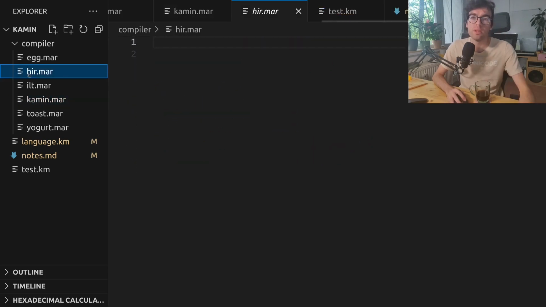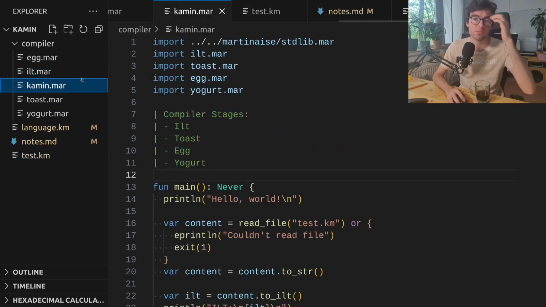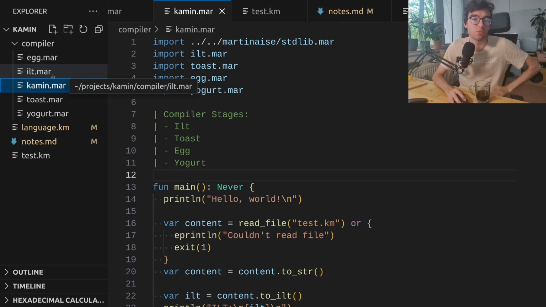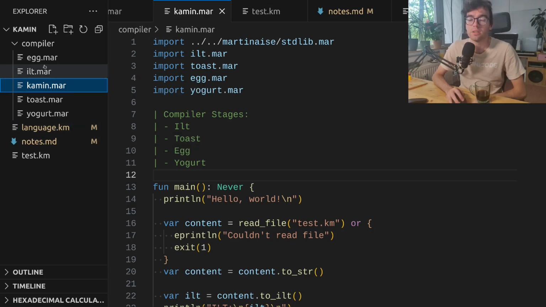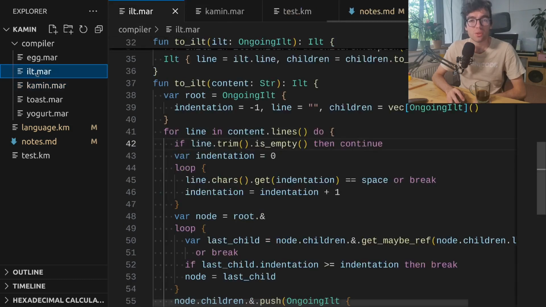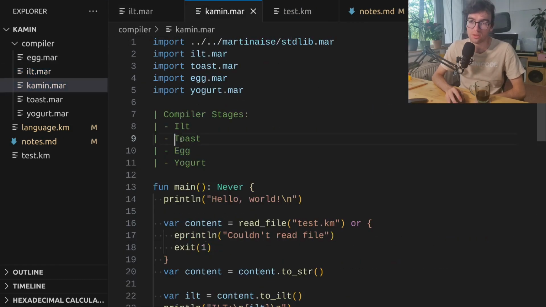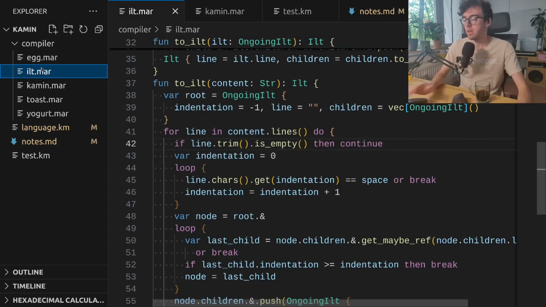Yeah, we also have the here file, which I created before I knew how to call the stage, and that was empty. So yeah, I deleted that. And I also want to rename this indented lines tree because, I mean, look at all the other stages. They're called toast and egg and yogurt. We need something good for this. And I come up with bacon,